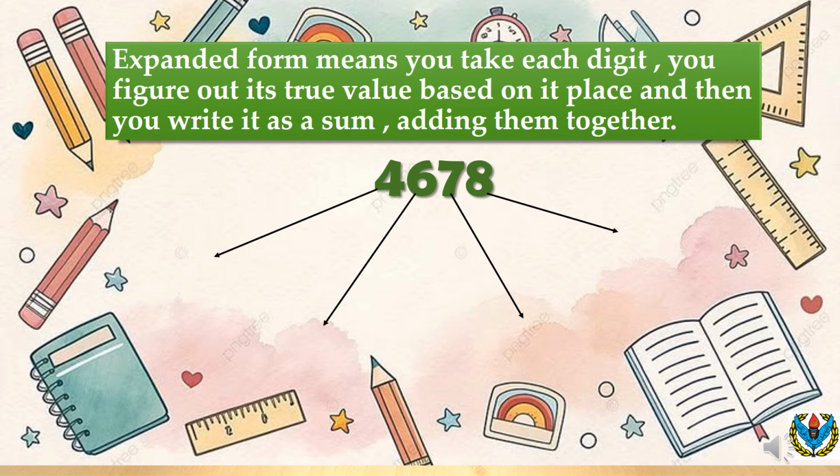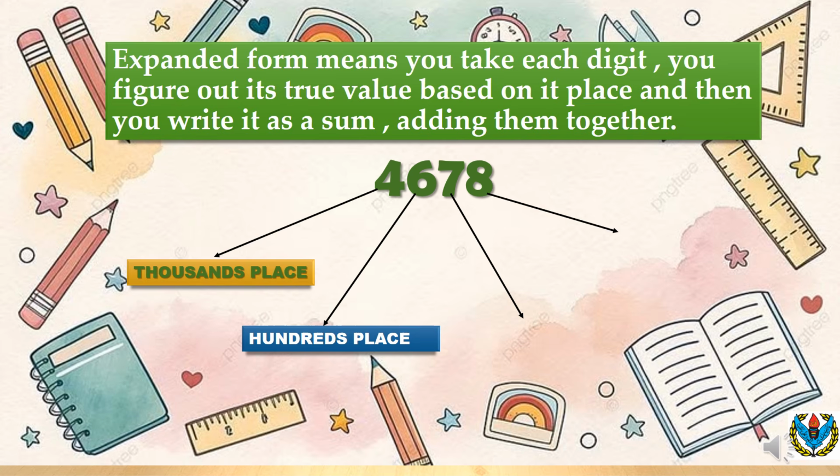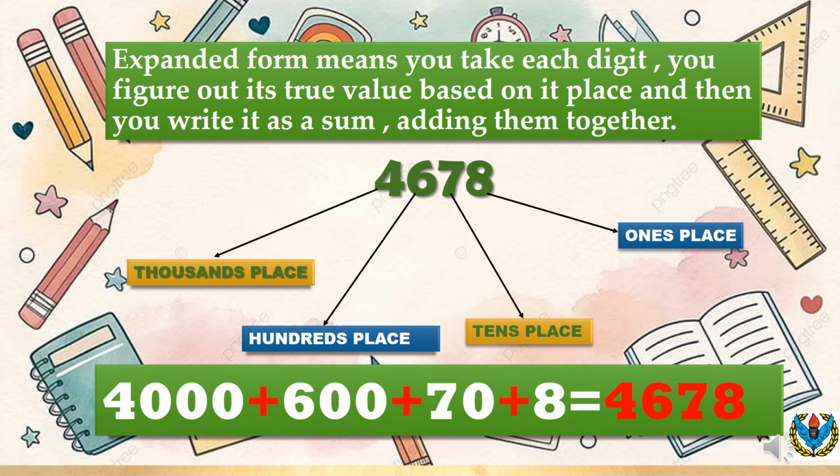In mathematics, expanded form means you take each digit, find out its exact place value, and then write it as a sum. You add them together to find your standard number. Let us take the example of 4678, where 4 is in thousands place, 6 is in hundreds place, 7 is in tens place, and 8 is in ones place. So collectively, when we add them in form of 4000 plus 600 plus 70 plus 8, we get